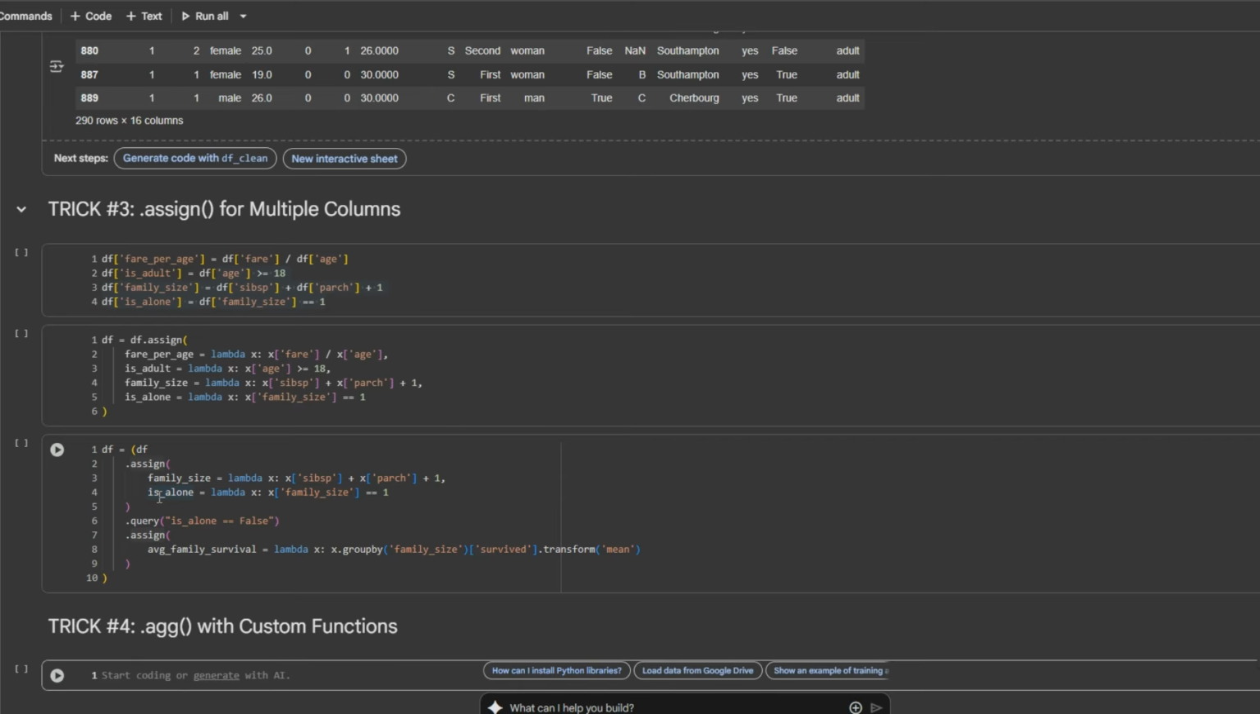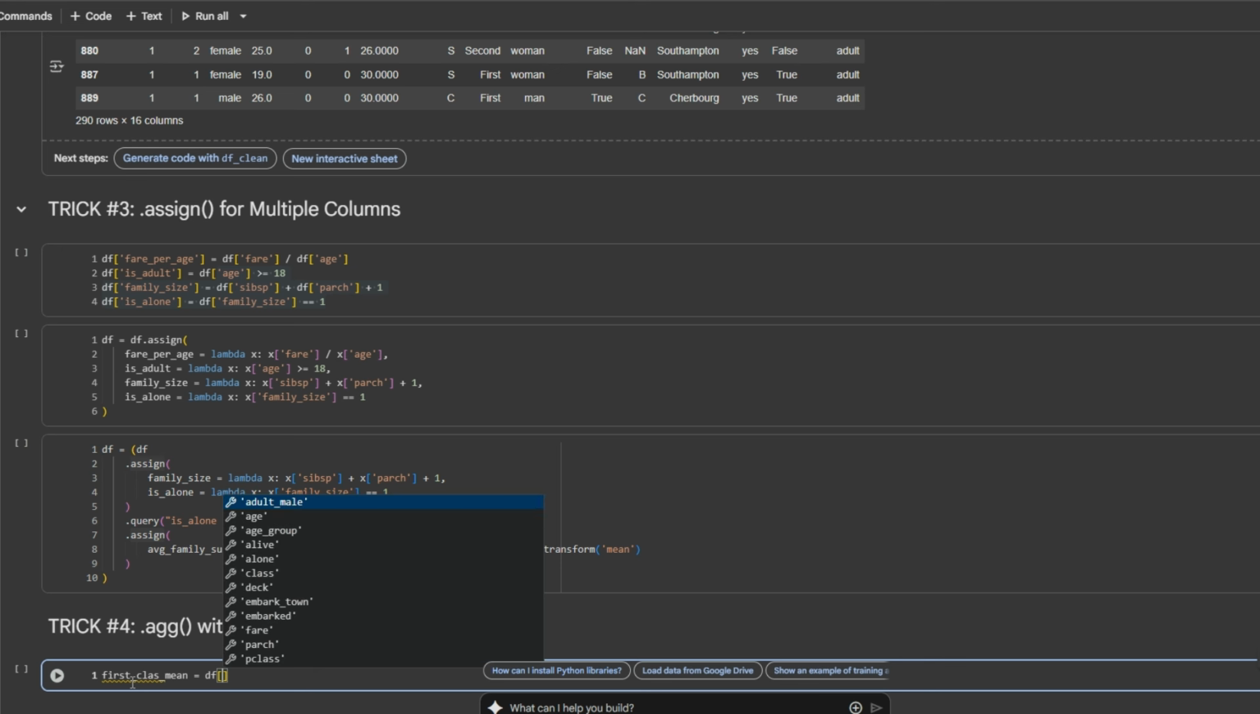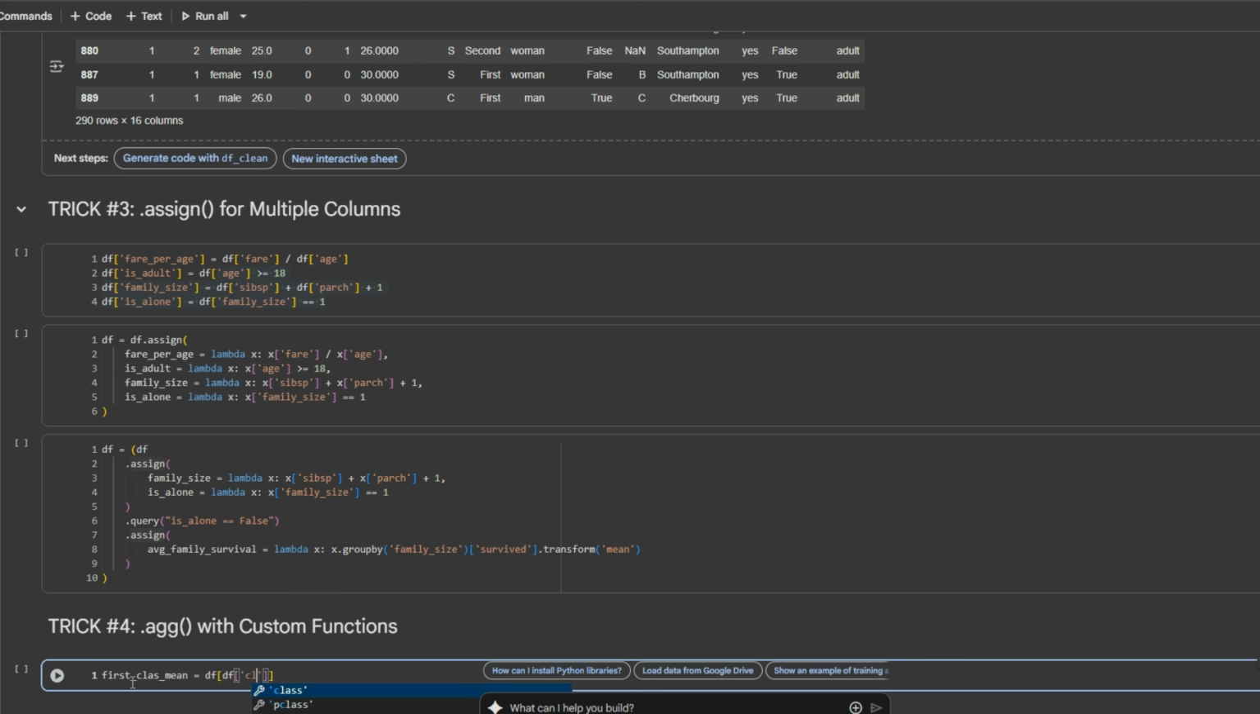So picture this. Your manager walks over and says, I need a summary of passenger fares by class. Show me the average, median, minimum, maximum, and standard deviation. So your first instinct will be to do something like this. First class mean. You will say df of class equal to first, and you will take fare and mean. Similarly, you will do it for the rest, like median and standard deviation,